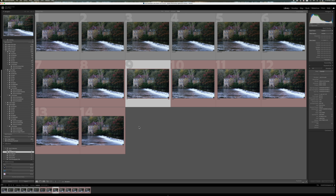That was a couple of days ago. I've dropped them into Lightroom and let's have a look in detail at how much difference there is between the image quality of a prime and a zoom. Let's get into Lightroom. So here we have the images in Lightroom, and as you can see at the top